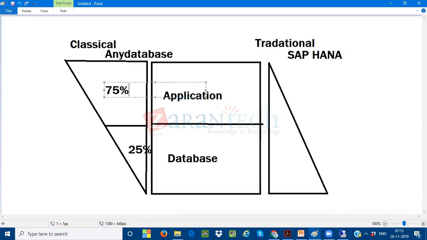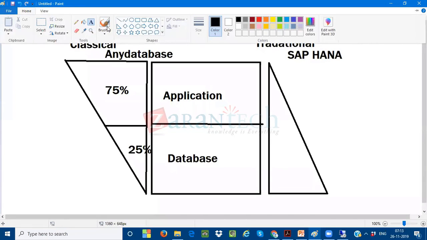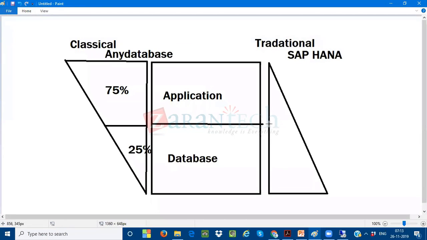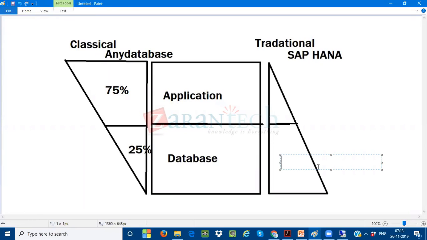But when I come back to my SAP HANA database, if you see the inverted side over here, it is not even 70% or 75%, it is more than that, 95%. Now I'm bringing all the analytics from here, and only 10% is going to be executing on the report side. Now you can see the difference over here.